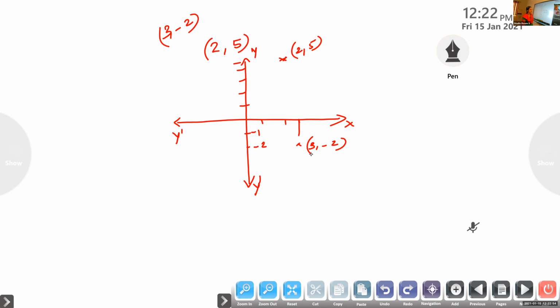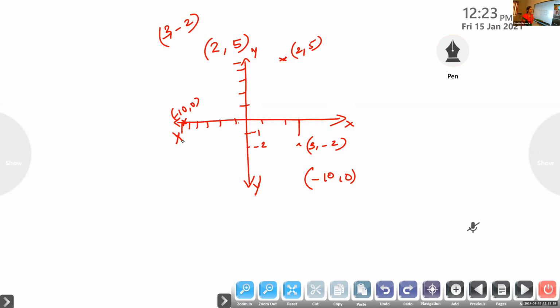Cartesian plane means we take two mutually perpendicular axes, the x-axis and y-axis, 2 dimensions. For every point you can locate it. If you take any point, you can locate it in the xy plane. If you are given the ordered pair (minus 10, 0), the x value is minus 10 and the y value is 0. So (minus 10, 0) is a point on the x-axis. Whenever you are given a point, accordingly you can locate it on the graph in the xy plane.